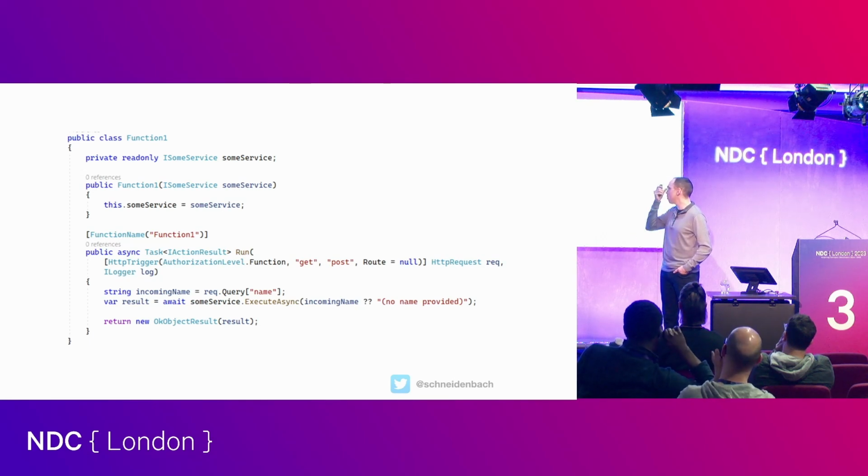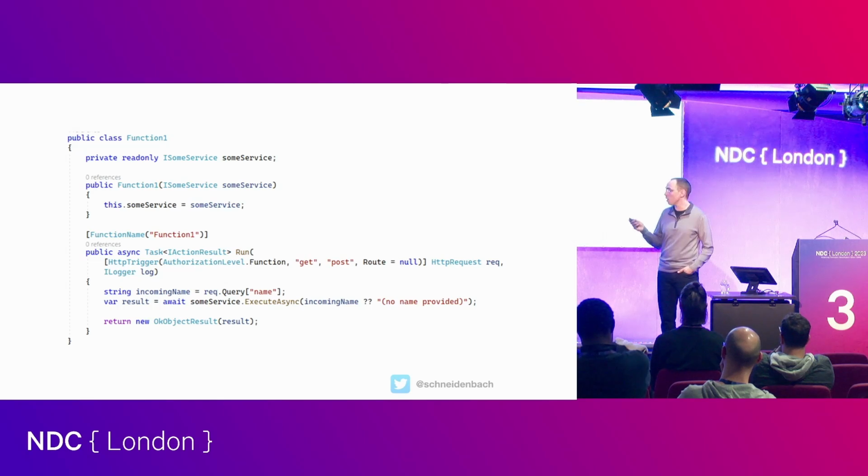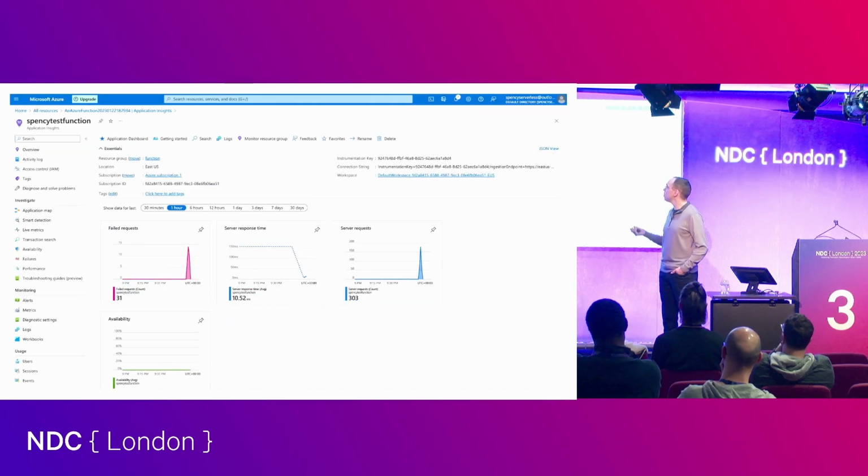And then I converted that to a class, again, ISumService, very simple, just injected the concrete implementation of that, and then I just let it go, right? Let it see, get, post, doesn't matter, I'll just pull the name out of the query string, and then I'll run that thing, and hopefully 90% of the time it will work. And 90% of the time it would work, as predicted. And so I wanted to see what happened on the other end. What does the cloud say happened?